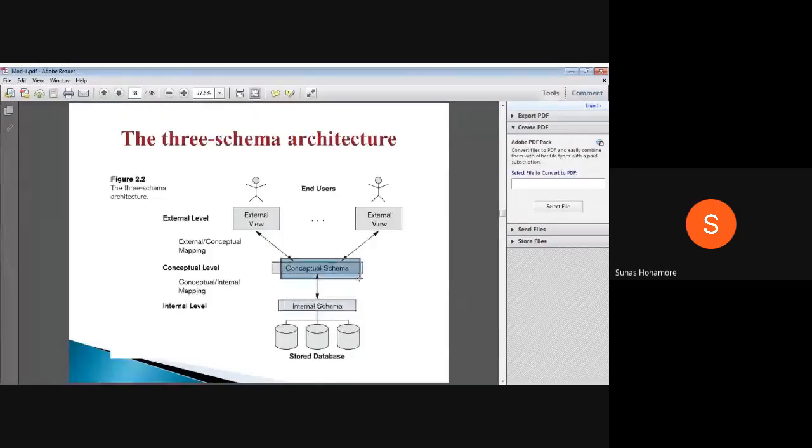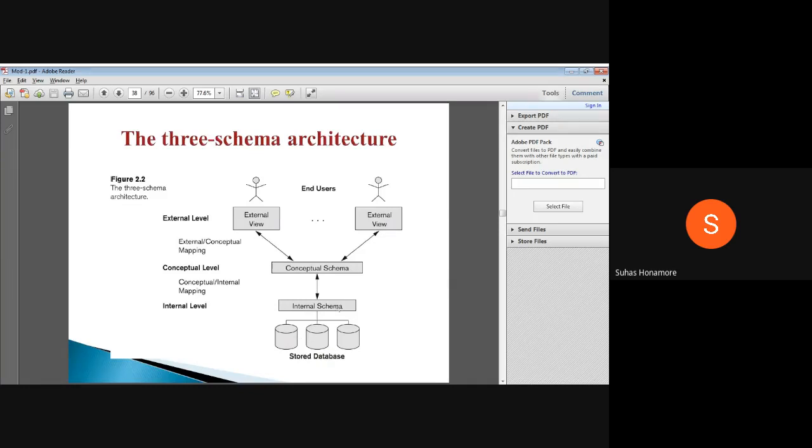point of view. And above that conceptual view is what we are calling the external view, how it has to be seen, that we are writing. And internally how it has to be kept inside, that has to be given here. For the external view, whatever application is there will extract it, or whatever the user wants to see, he will see. So like that we have three different things.